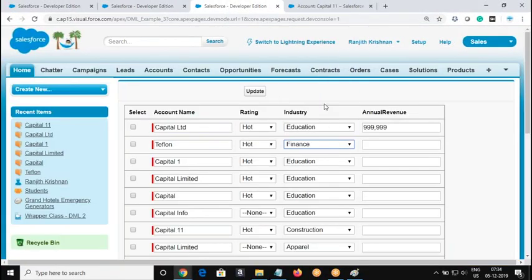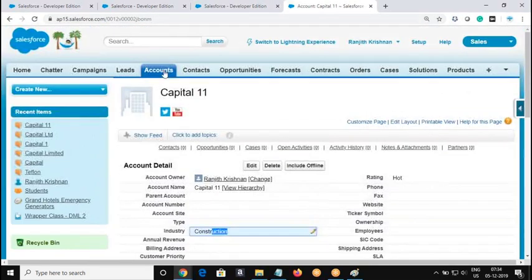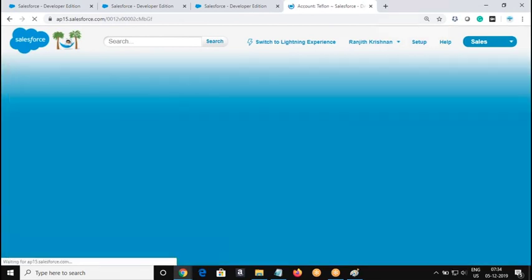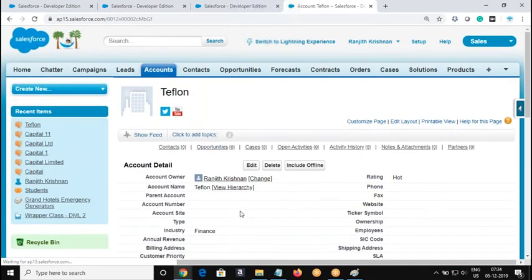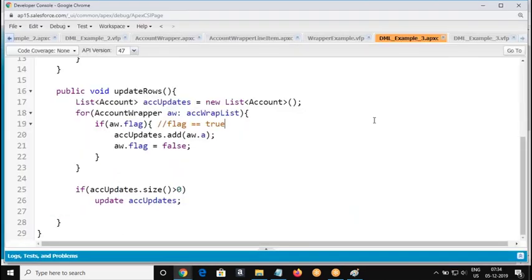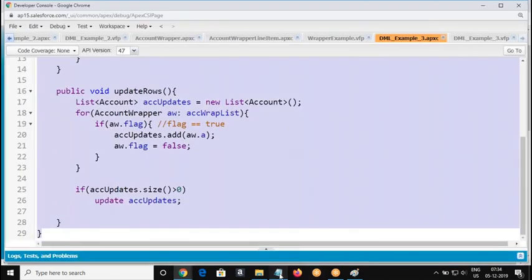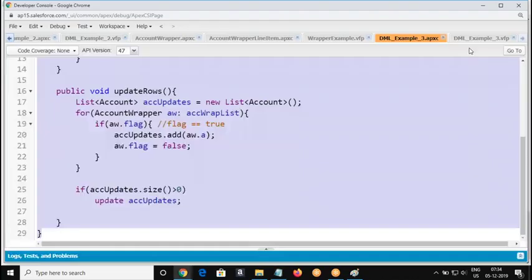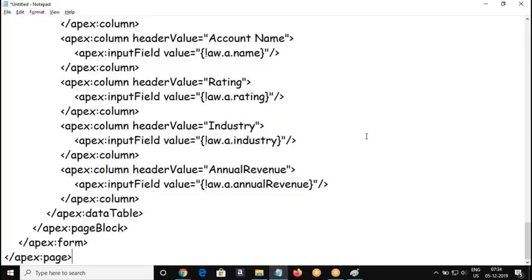Okay. So I modify something and update. It's gone and Teflon. Teflon is a recent record we modified. All right. I hope you will be able to follow this. We'll enhance this application for different scenarios. Right. Now